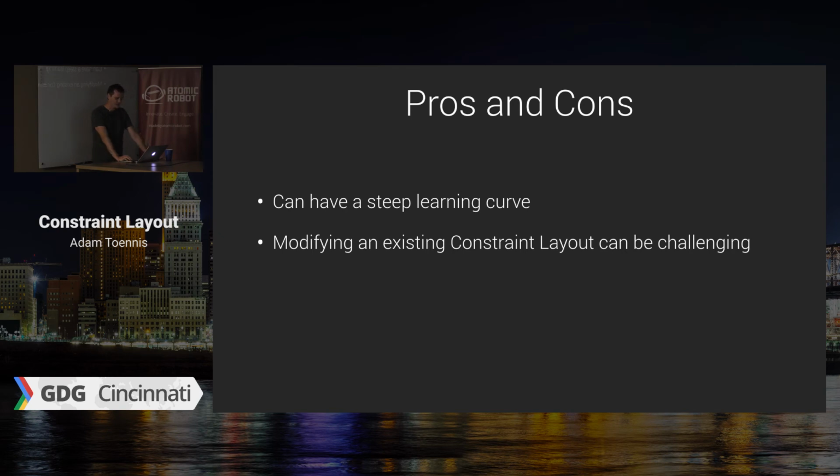Modifying an existing constraint layout can be challenging. So I ran into this both with auto layout and with constraint layout, where I would have a whole layout and then I go to play another story and it's like, oh, just add this control right in here, which needs to go in between these two views. So I need to alter these constraints right here and then put it in there and reapply these constraints. And with auto layout and constraint layout, both of which I think I wanted to throw my laptop out the window a couple times,